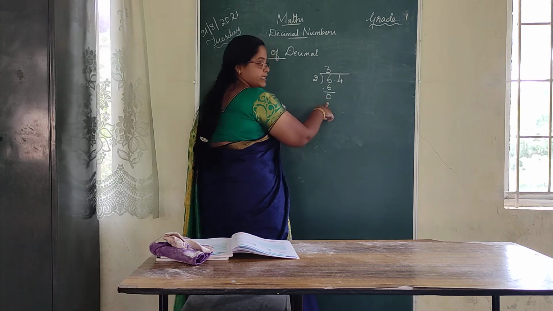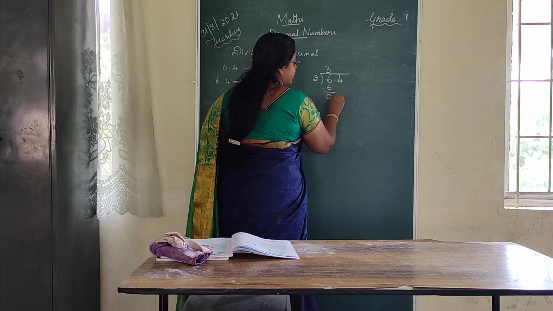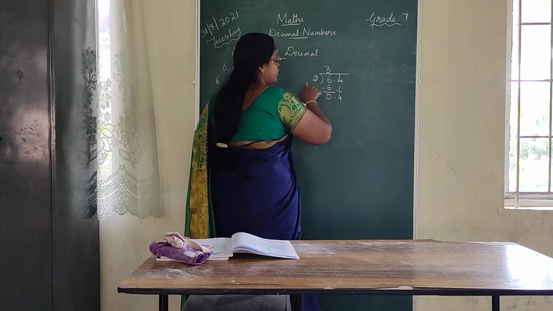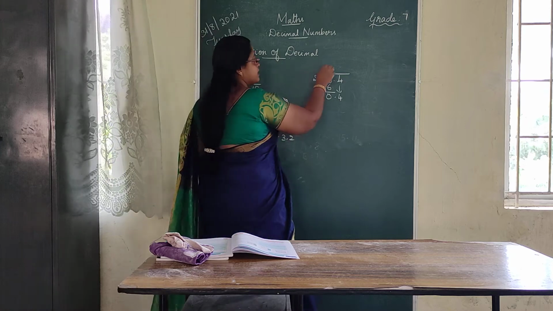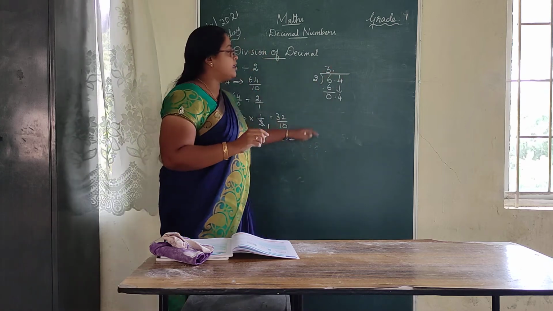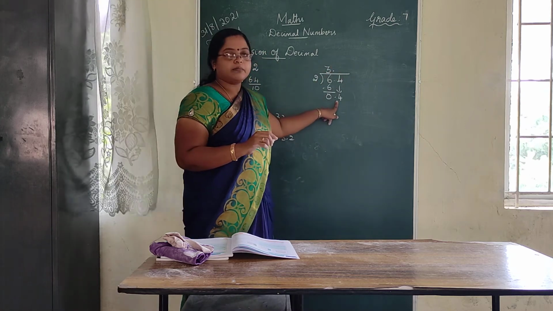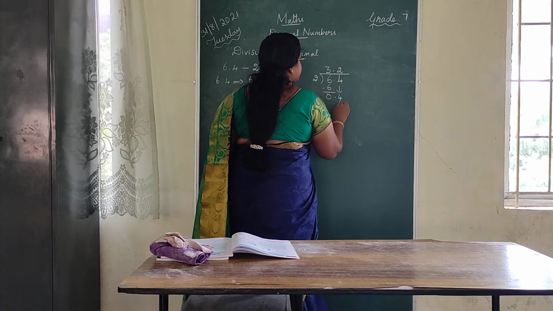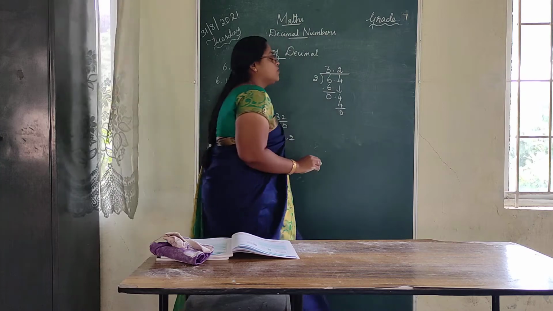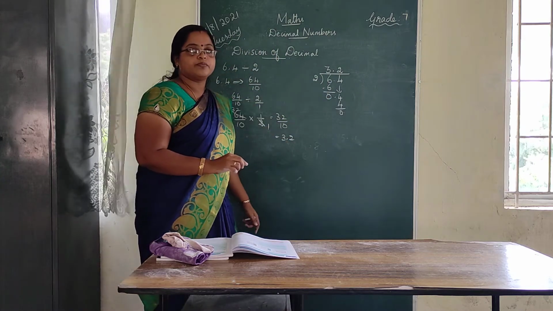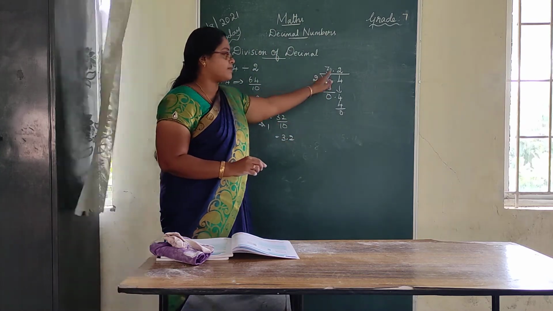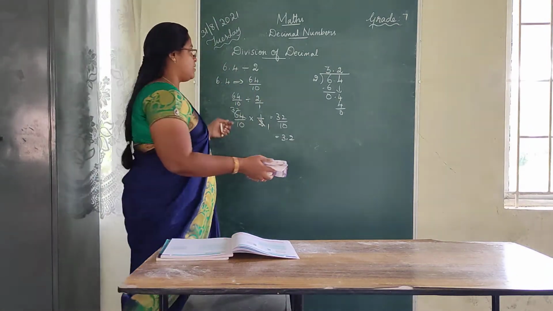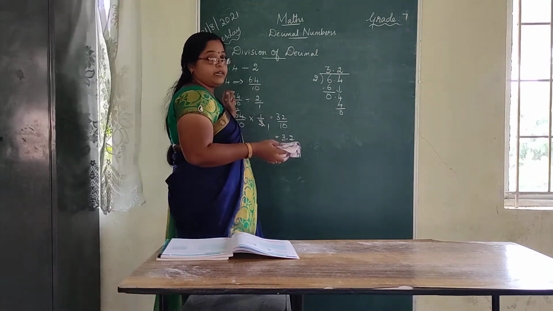Subtract, this is 0. And 0.4, we are dropping 0.4, is it? So we have to put the point here. And then 2 into which number will come 4? Yes, 2 2s are 4. That's why 3.2. We are getting the same answer. Okay. Now if we have two decimal numbers, how can we divide?